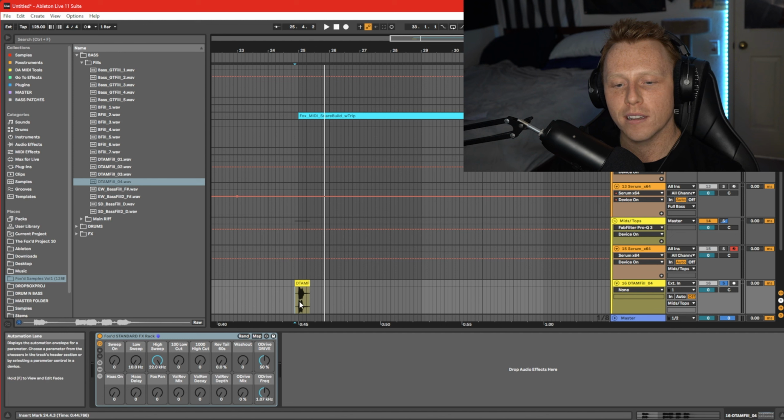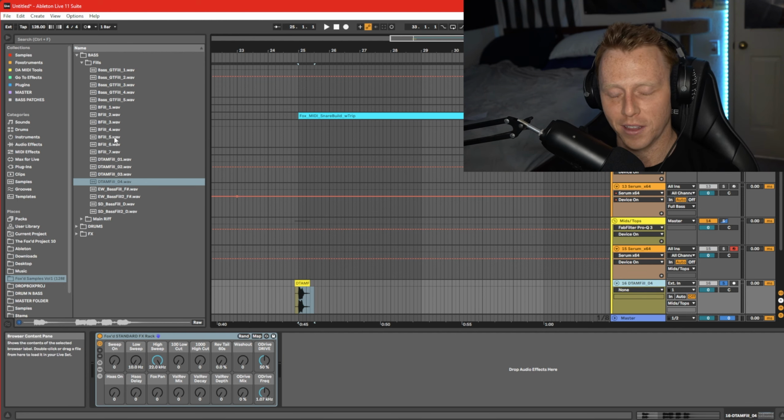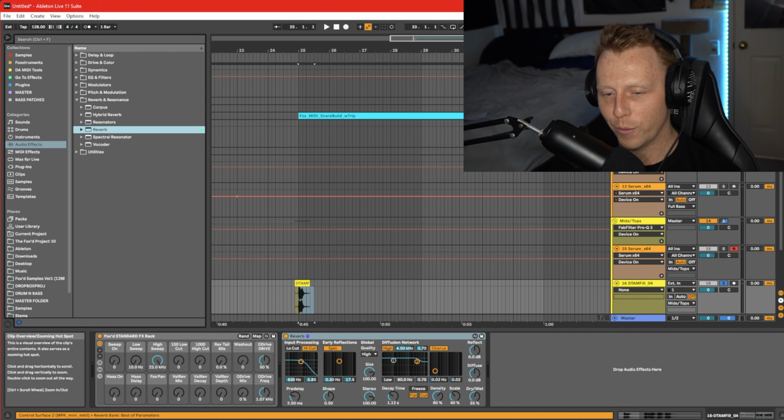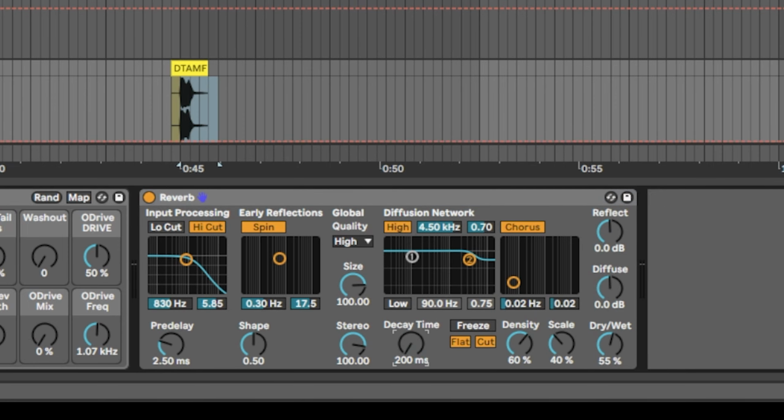Now, if you wanted this to sweep into another section, I use a reverb, and you can use stock Ableton reverb, just as simple as anything else. So initialize the reverb, and I don't really worry about all the settings because I find that it gives it a little bit of character. You can turn them off, play with them, find something that fits your needs. But what I do is I go ahead and turn the decay time to 60, and I'll turn the dry